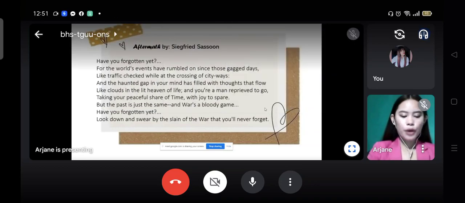The poem is a perfect example of his work that conveys a very important message. This stanza talks about the war and the life and the memories of Sassoon, of the soldiers rather. That's why Sassoon asked the reader a question: have you forgotten yet? He wants his readers to remember the past events, and he uses three dots, the ellipsis, to emphasize and recall the events.